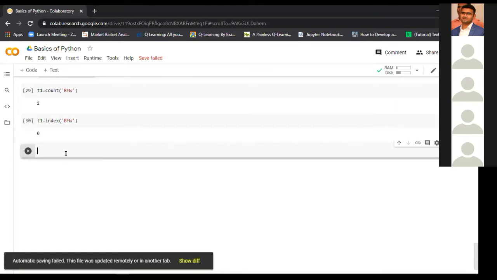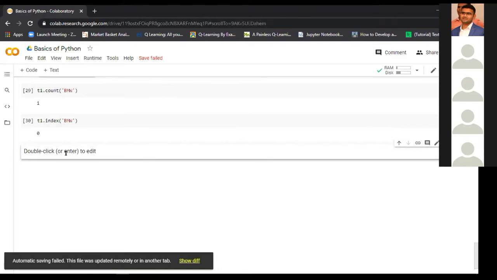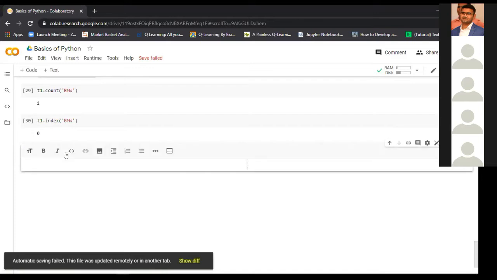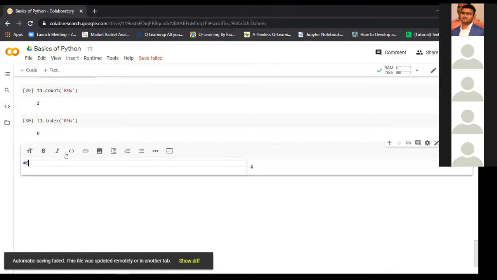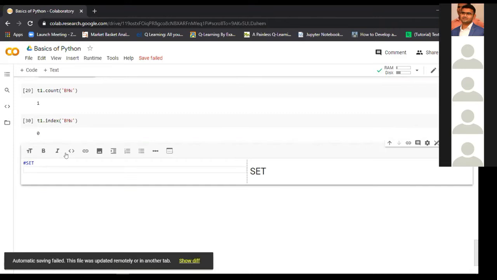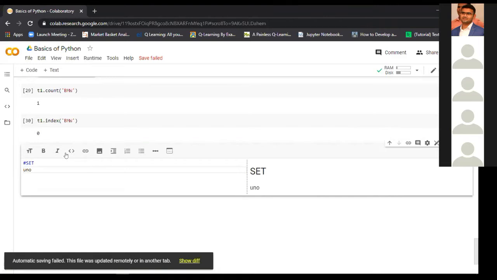Now let's see set. So what is set? Set is like the mathematical set we learned in school. The property of the set is that it is unordered. Unlike the list and tuple, the values in the set are unordered, so they are randomly ordered.